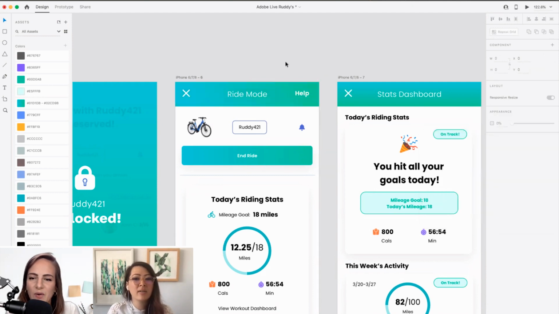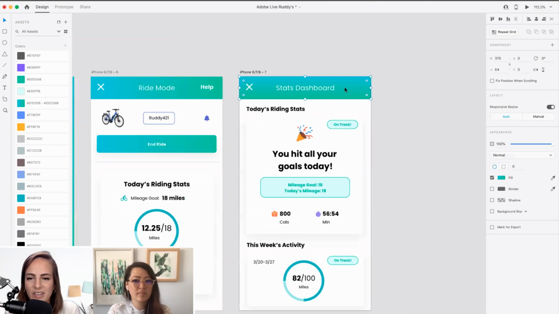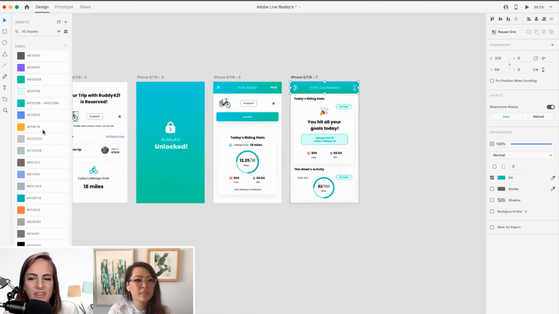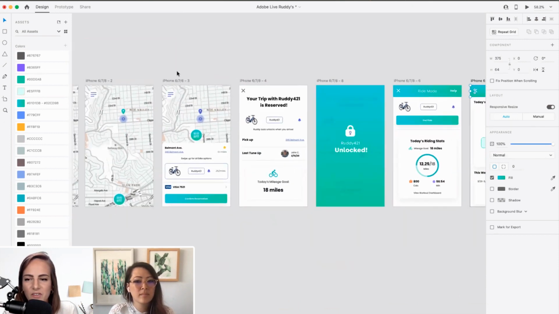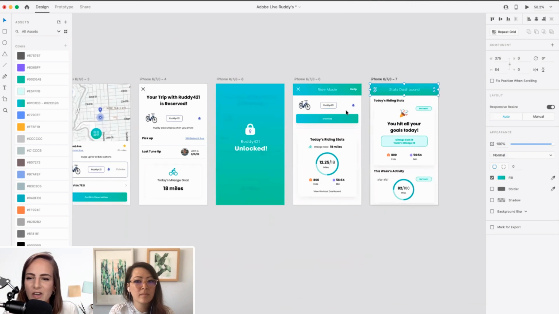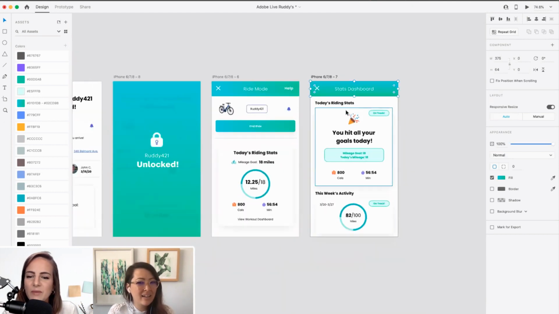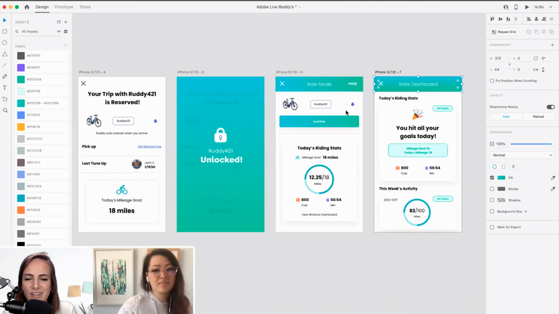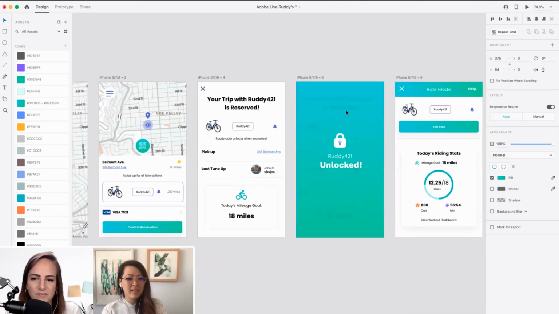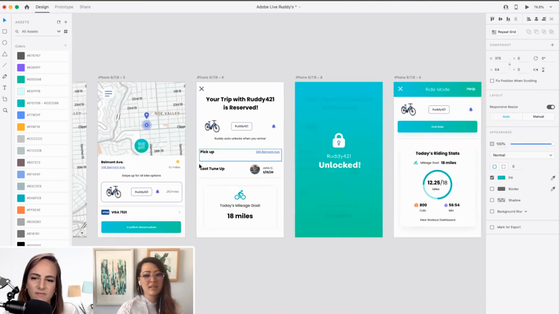It's funny how a gradient can date something. If it goes at 45 degrees, it seems more modern, but the one on the far right seems a little like a few years ago, even though it's the same color, just a different direction of the gradient. Definitely, the direction makes a difference.